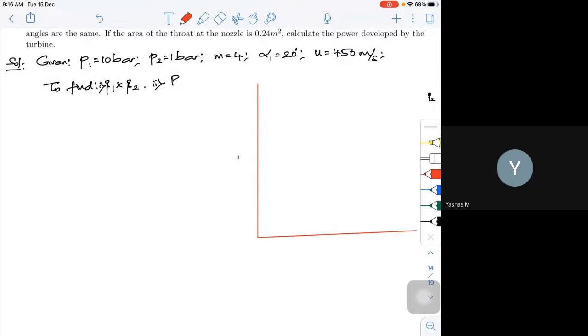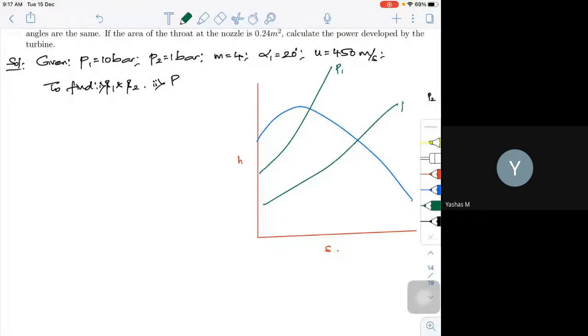Okay, this is your enthalpy-entropy diagram. Whenever we are trying to draw the HS diagram, I need to draw the dome for steam, because this is for a pure substance. What does this dome represent? The dome represents the saturation point. Then I have what are called constant pressure lines. Say this is my P1 and this is my P2. If I call this P1, the high pressure, and this P2, they are all diverging, they are not parallel.